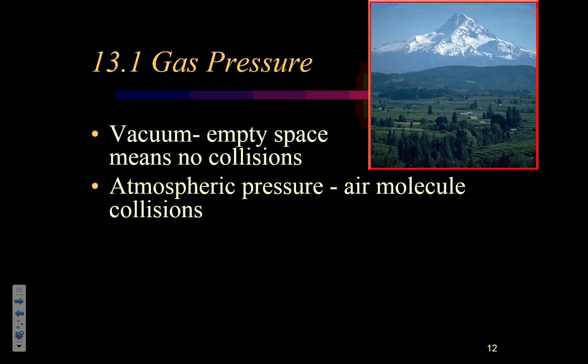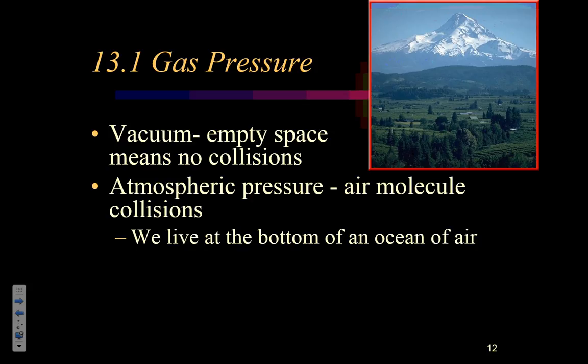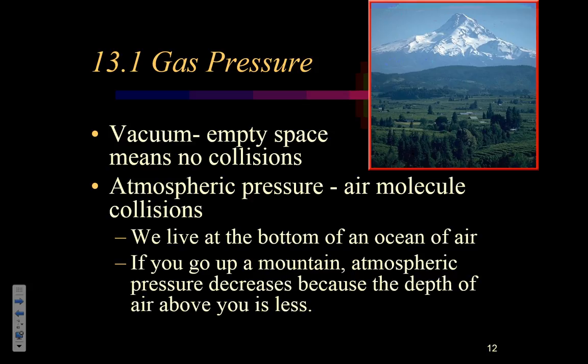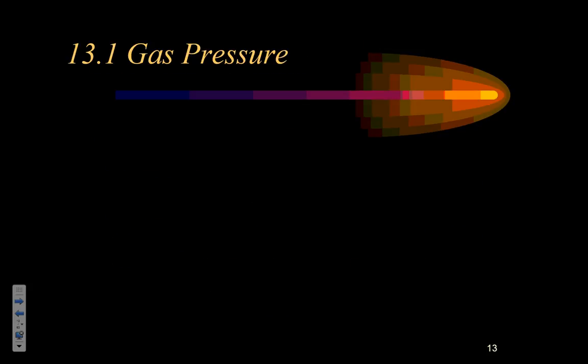So we're walking around in a sea of air with air above us. And we basically have a column of air on top of our head that's pushing down. We just don't happen to see the column of air. So consequently, because we live at the bottom of this big ocean of air, when you walk up a mountain, the column of air above your head is getting less and less and less. So atmospheric pressure is going to decrease because of the depth of air difference as you move up into the atmosphere. Now, what do we measure pressure in? Well, there's a variety of different units we're going to see.